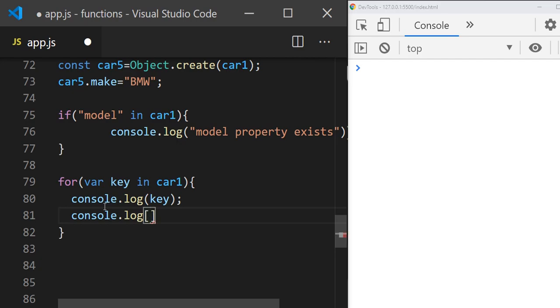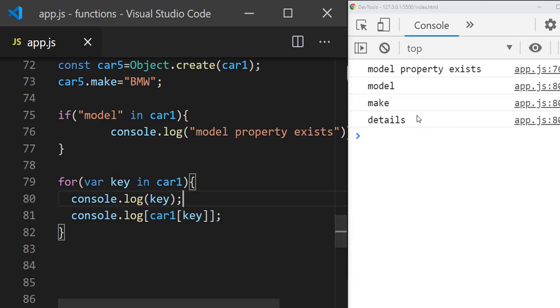So how to print the value? car1 of key. This way we can print the value also.